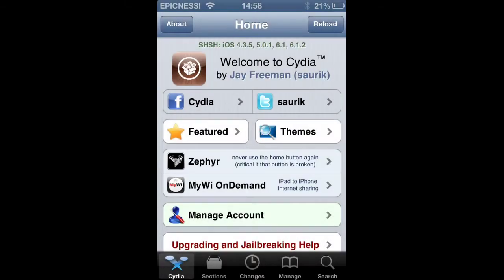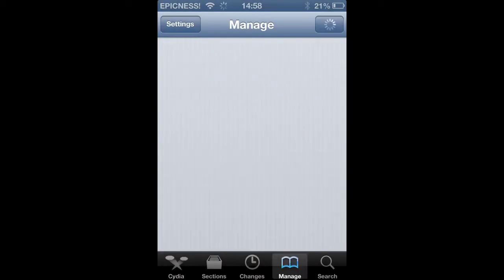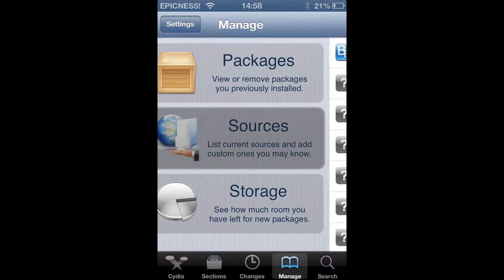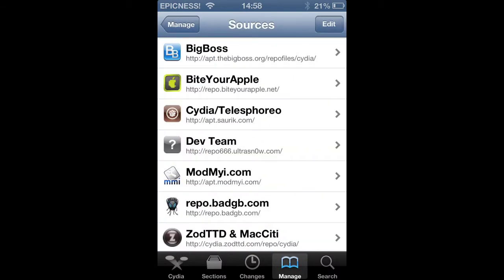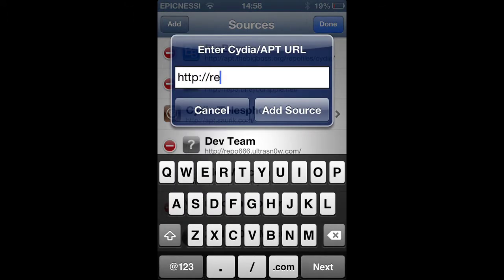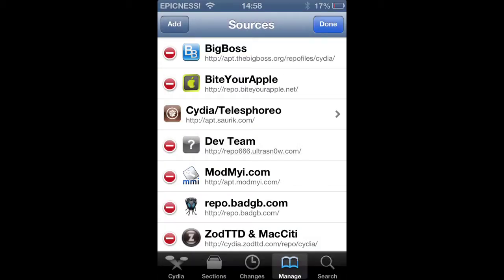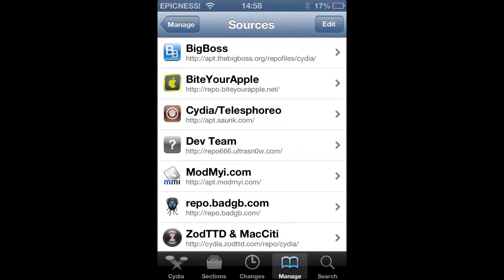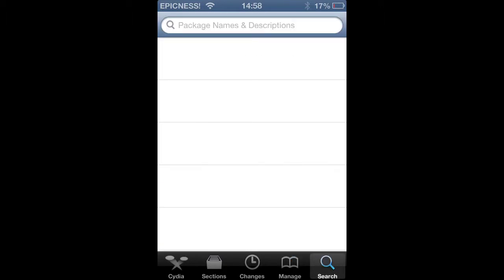Okay, so once you've got into Cydia, you're going to go to Manage, and you're going to go to Sources, because you may need to add a source. It's the Bite Your Apple source. So you're going to click Edit, Add, and you're going to type repo.biteyourapple.net/, and you're going to click Add Source. I'm going to press Cancel, then you're going to press Done, and then once that's done, search and type in